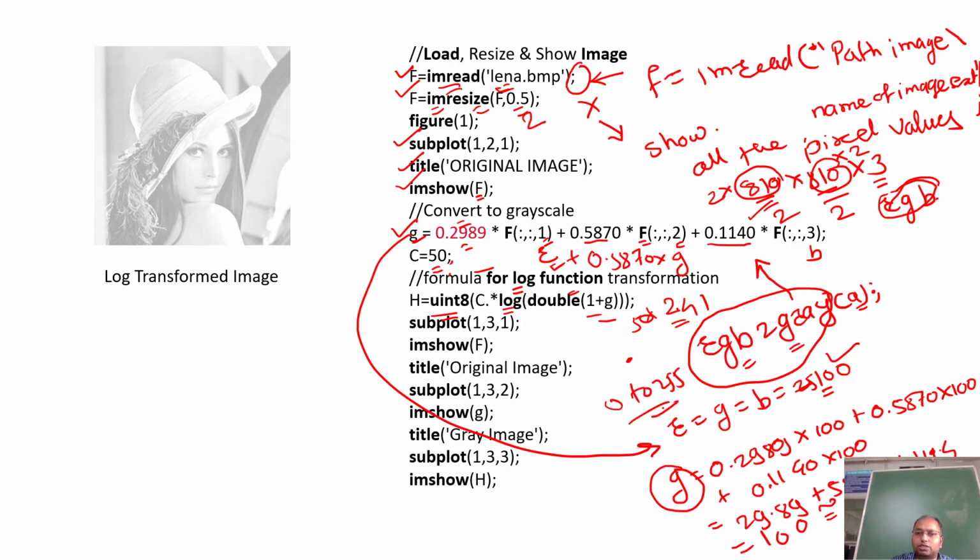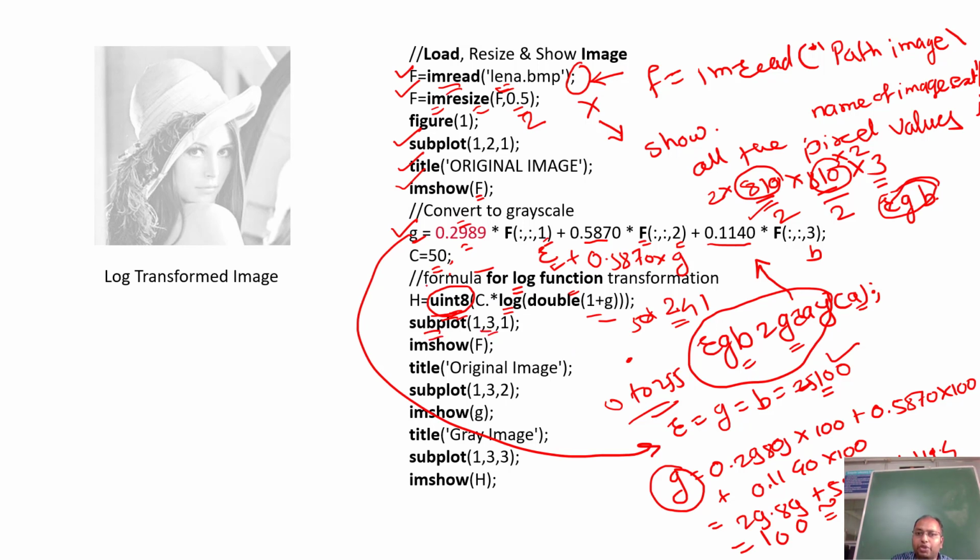That is my limitation, so I have to map it to unsigned integer 8. I don't want floating values, I want an integer type of data type. For that purpose I am going to map it to the integer data type using unsigned integer 8, converting the point values into integer values. Is that fine? Okay, then I am going to plot that image.